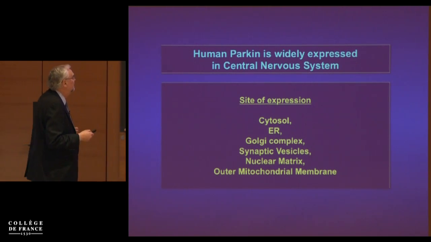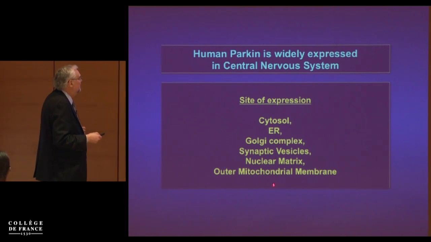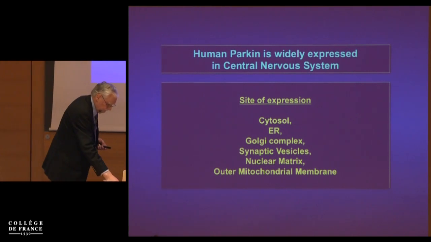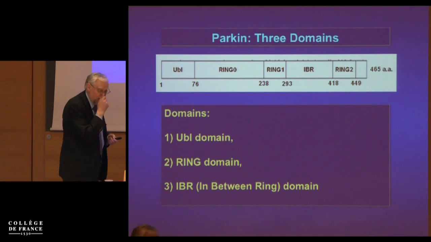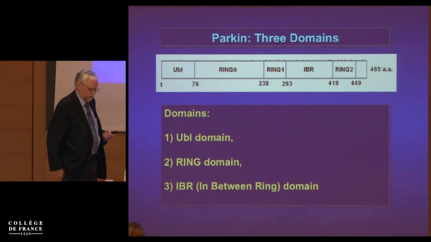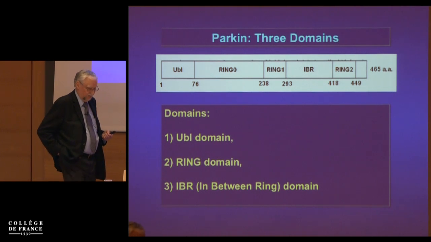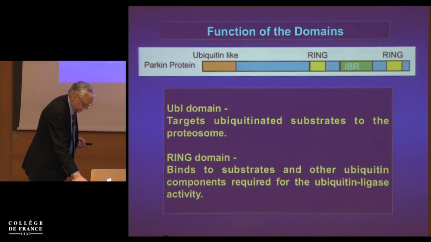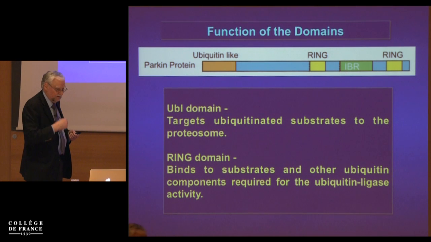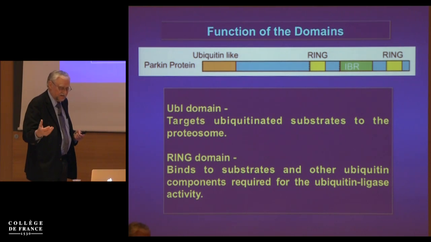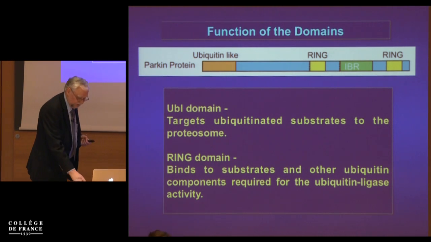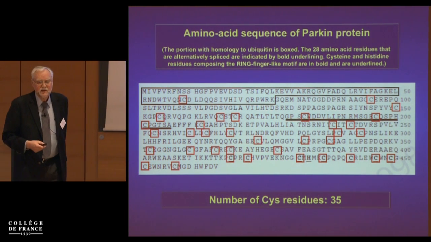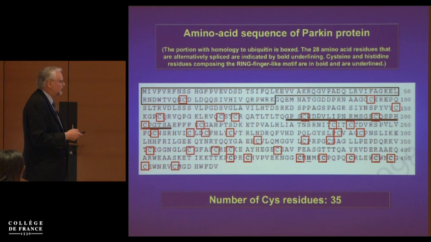The Parkin protein is located in many places, in vesicles and in membranes and so on, all over the cell. It contains a number of domains, and the domains are involved in the activity of Parkin as a ubiquitin ligase involved protein. And the domains here are involved in recognizing substrates, and one of the remarkable things with Parkin is that the protein as such has